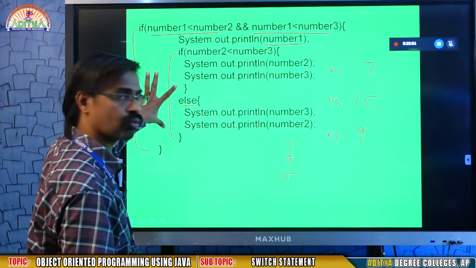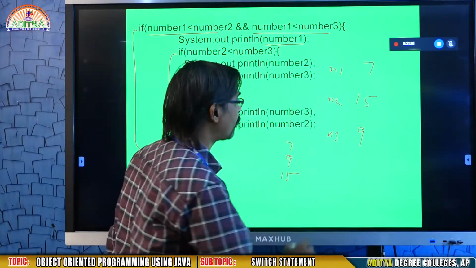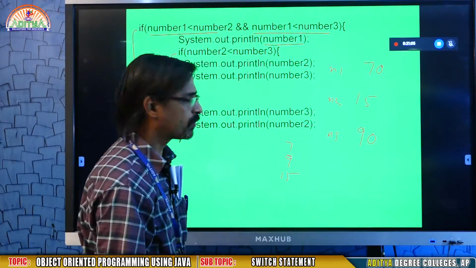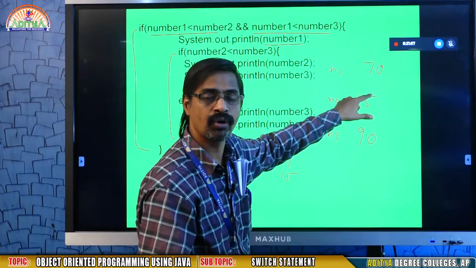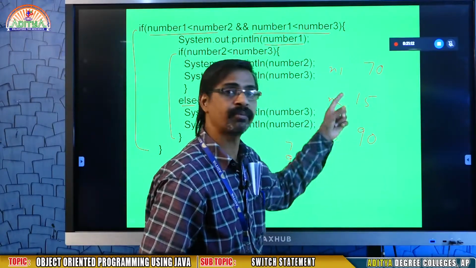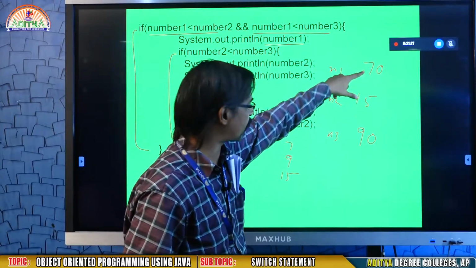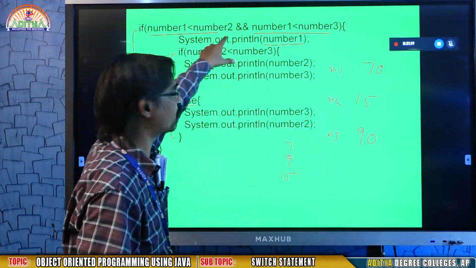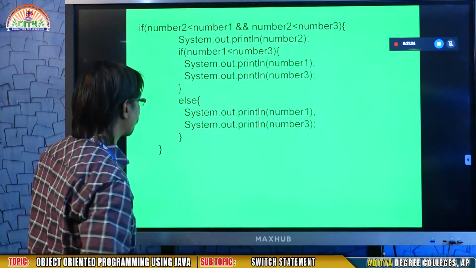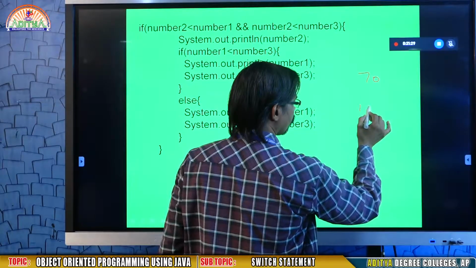This block is okay if your first number is smaller than the remaining 2. For example, if I give 70 and 90, then what will happen? Is 70 less than 15? No. Your program must be tested with a variety of inputs. This block is not suitable for this because 70 is not less than 15, the condition is false. So it won't execute this block. That's why you need to write another block.